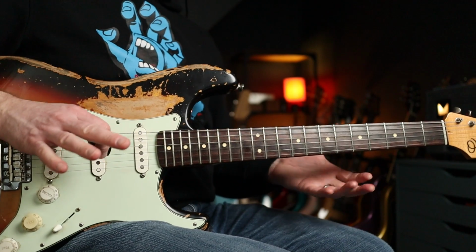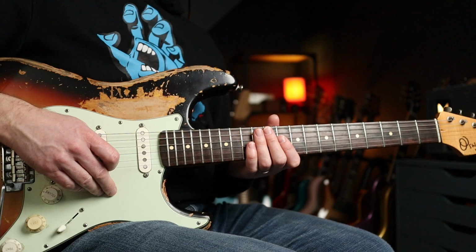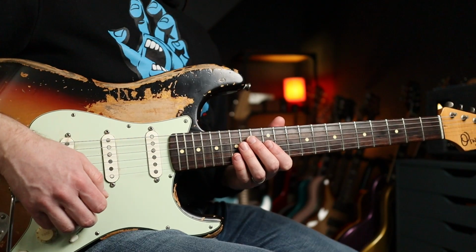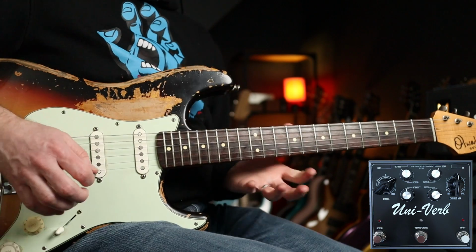But before I get too carried away, we're going to look at some more Mike McCready goodness. The intro part was obviously Pearl Jam's Present Tense. I'm going to show you the Alive solo, or the intro to it anyway. And I'm using a bit of gain with this too, but these are the settings that I'm using on the Uni-Vibe. And with no gain,